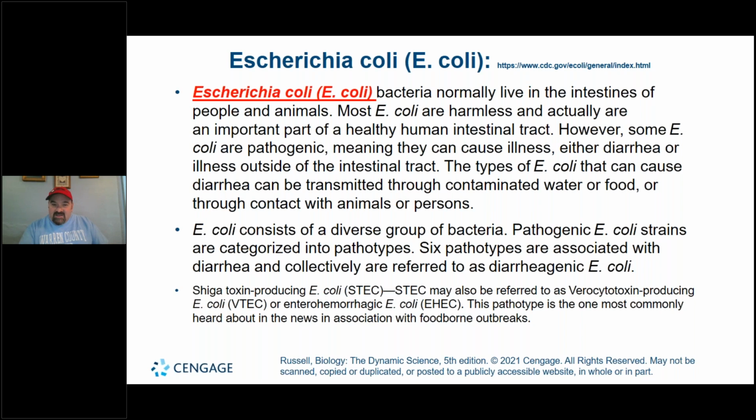So know that the E. coli are present within the colon. They prevent the pathogenic bacteria from living in our colon, because they're taking up the space that pathogenic, disease-causing microbes could possibly occupy. With E. coli, you'll think in terms of, in particular, vegetables like lettuce. In particular, we've been talking about romaine lettuce, right? And so know that